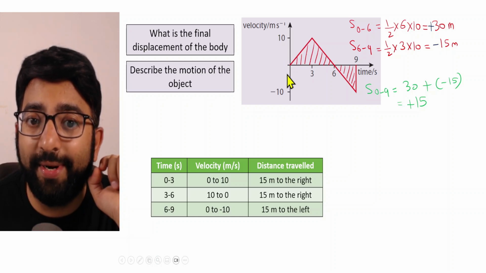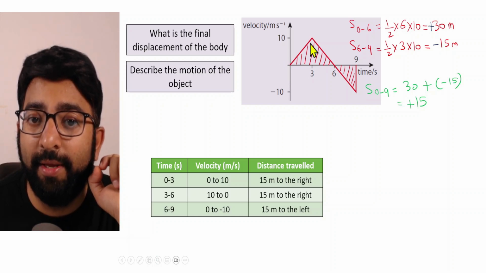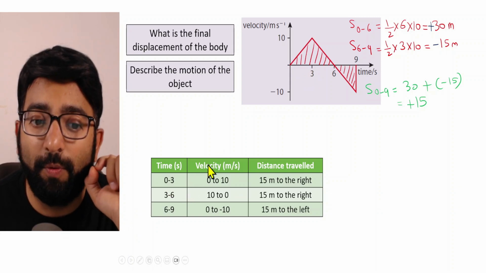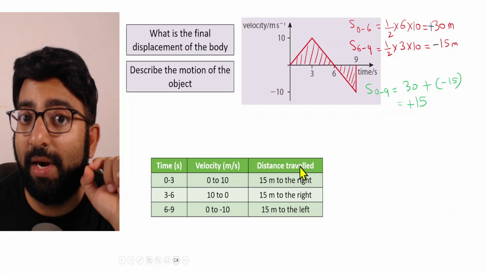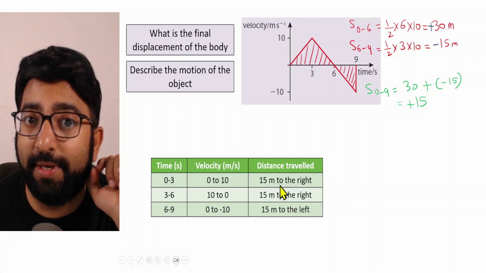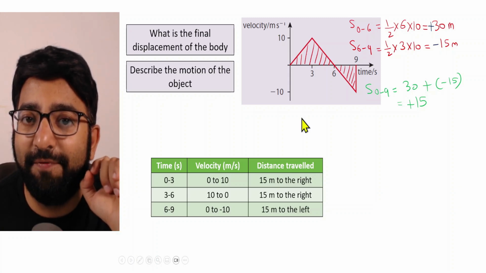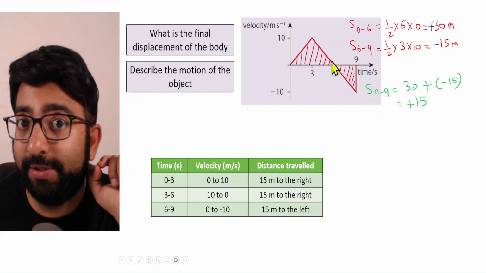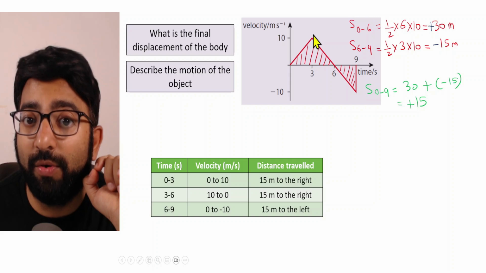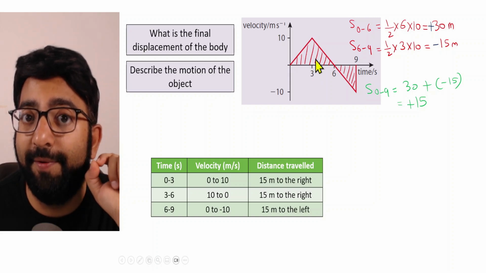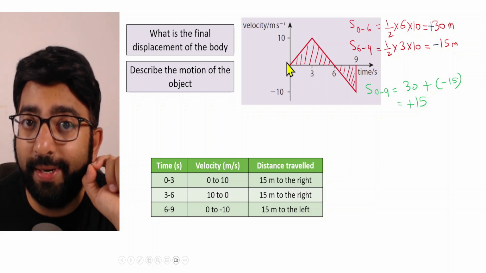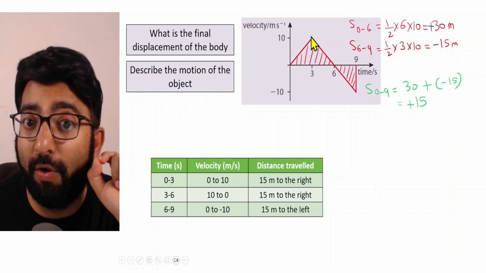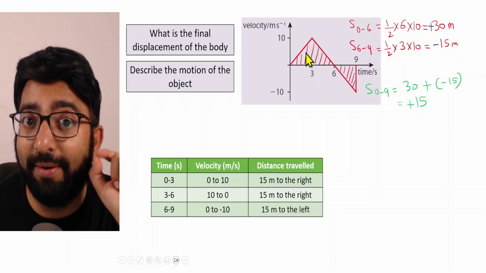Original velocity was 0. It increased to 10 meters per second in a span of 3 seconds. So from 0 to 3, velocity increases from 0 to 10, and the distance traveled during that time will be positive 15. And why is it positive 15? Because earlier we had figured out that the total area of this triangle was 30. So if we try to figure out half of this area, that will be 15, which means total distance traveled by the particle in the first 3 seconds will be half of the big area, which is 30 upon 2,